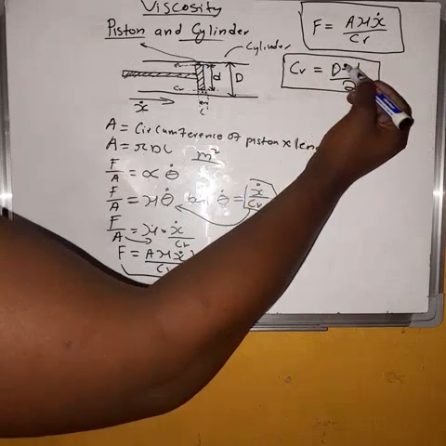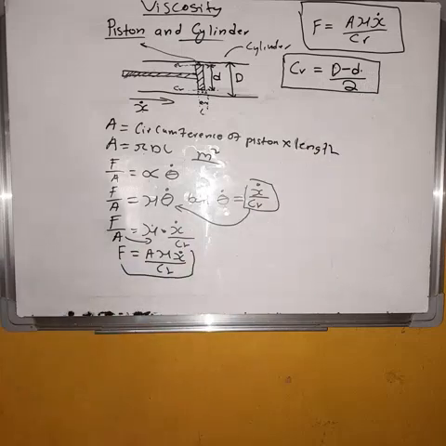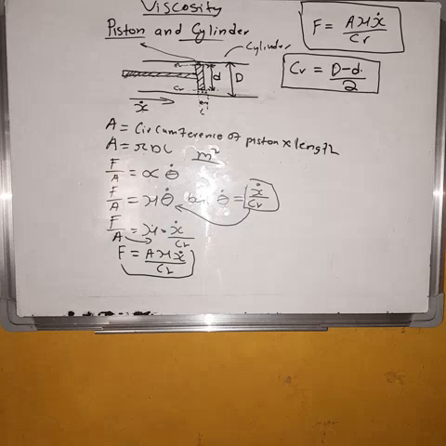Big D is for the cylinder, small d is for the piston. Divide by 2, you get the clearance. That is the formula to calculate the clearance, right? Since you know that formula, you must know what each symbol represents. A is area, mu is viscosity,